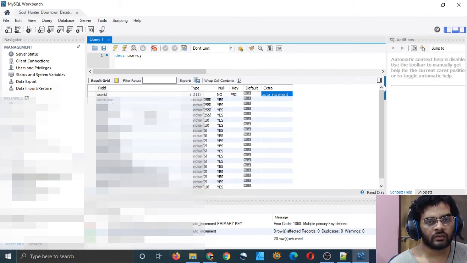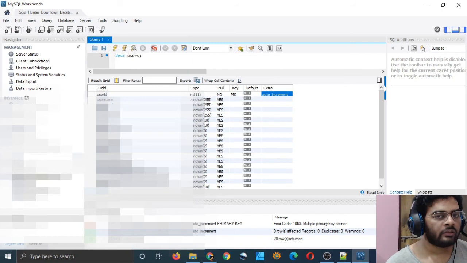That's why I converted them to 255. The rest can stay like this, and we will be storing hashed values of these fields in our database. And I have converted user ID to auto increment, which means that every time we add a user, the user ID will increment by one. That's it, right? So the database looks good.